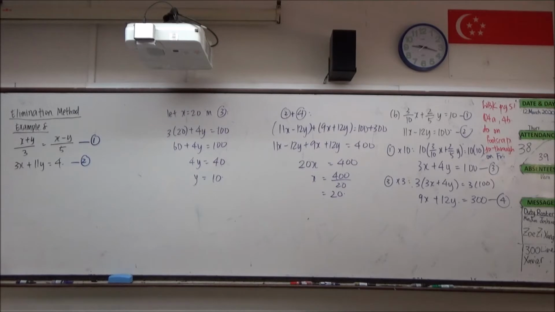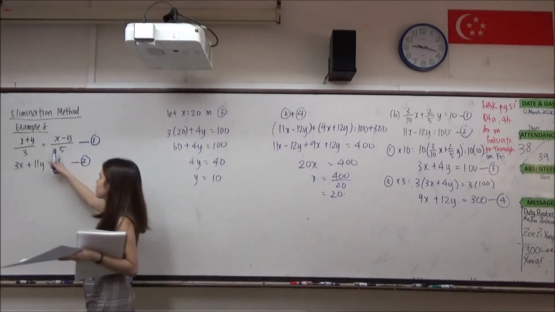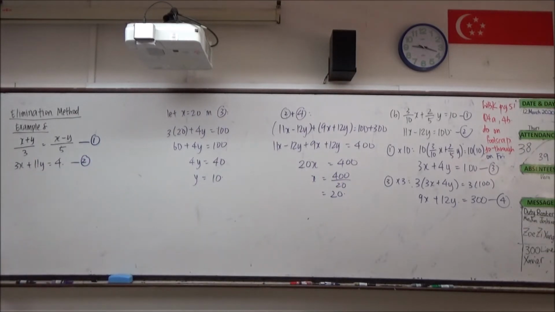So let's look at this example. We have this equation and this equation over here, right? Our aim was to always get rid of fractions. How do you think we can get rid of the fraction in equation 1? What will you do? Yes, how? Cross multiply, very good. We can do a cross multiplication, so we will get, from equation 1,